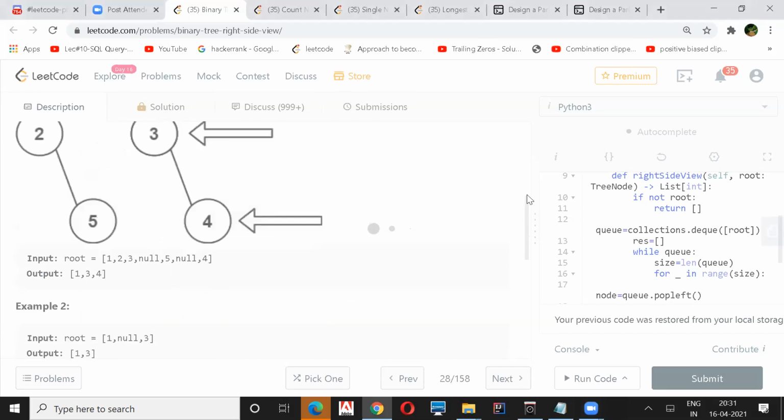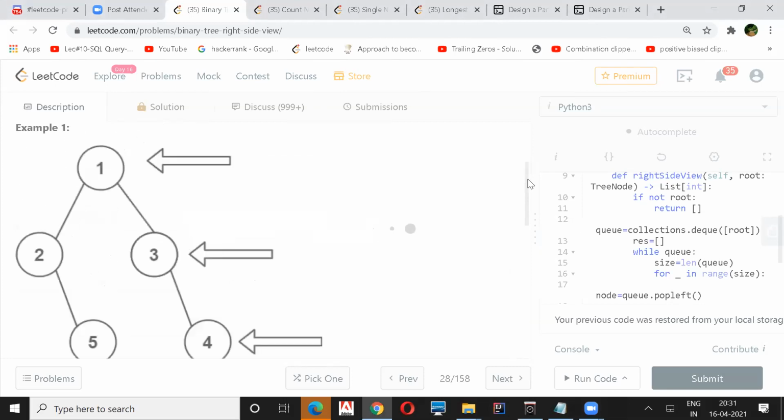I don't know if there is a brute force way to do it. If it was brute force, maybe go through each and every node and find out which is the very extreme node.